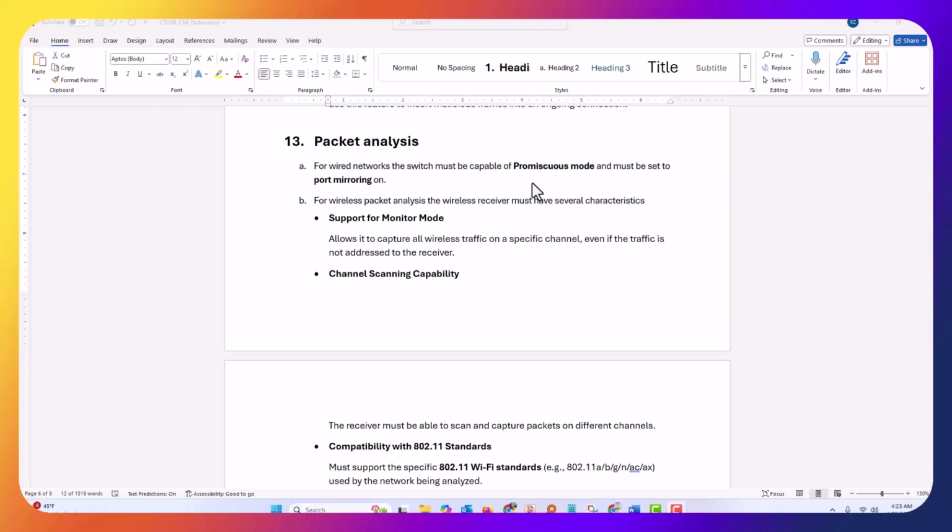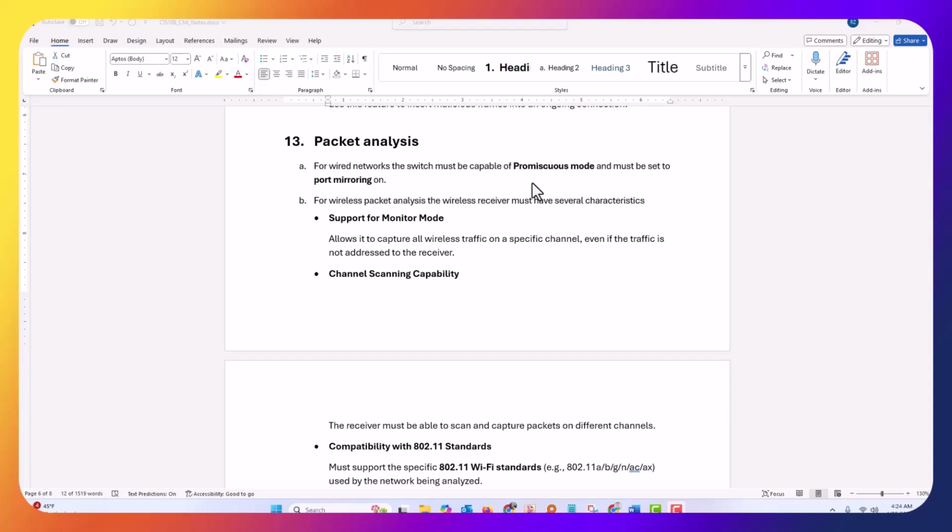First of all, it needs to support what we call monitor mode. Now, not all wireless receivers support monitor mode. The one that's built into your computer probably does not have monitor mode. As a matter of fact, if you were just to go buy one off the shelf, it probably would not have it. There are a handful of them that do. One is the Alpha series of wireless receivers. So this is something you'll want to look for when you go to buy something that is capable of capturing